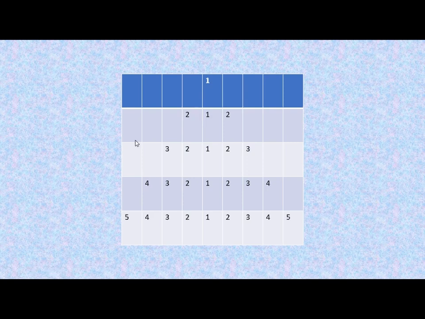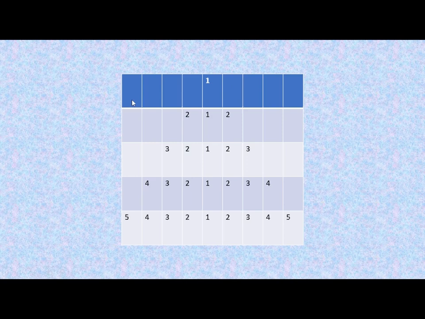The second variable we will use to provide these blank spaces. Here you can see on the left hand side there are blank spaces. In the previous video we learned the concept behind these blank spaces, so I will repeat that once again. Here you can see that the total number of rows is 5, and the current row is 1. The relation between the current row number and the total number of rows is that we will subtract the current row number from the total number of rows.